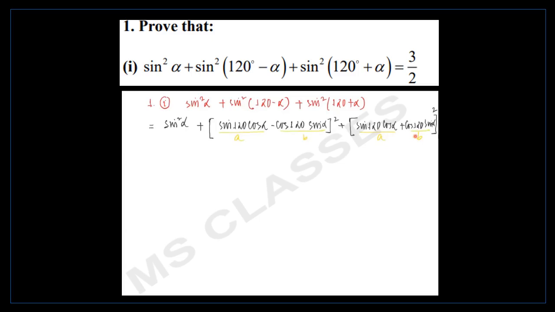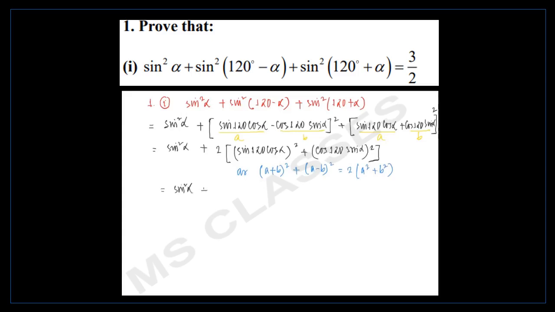Now, when we have A minus B whole square plus A plus B whole square, we know the formula. So that is 2 times A square plus B square. So we have sine 120 cos alpha whole square plus cos 120 sine alpha whole square. Why is this so? We can write it down as A plus B whole square plus A minus B whole square is what? 2 times A square plus B square. Now this gives us